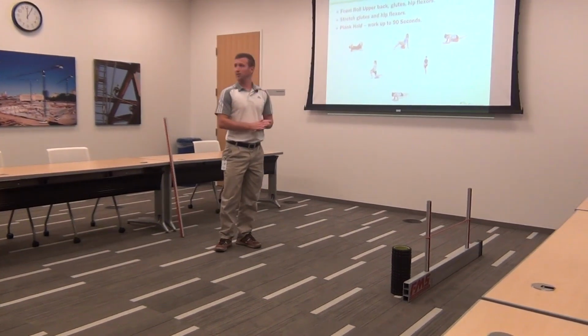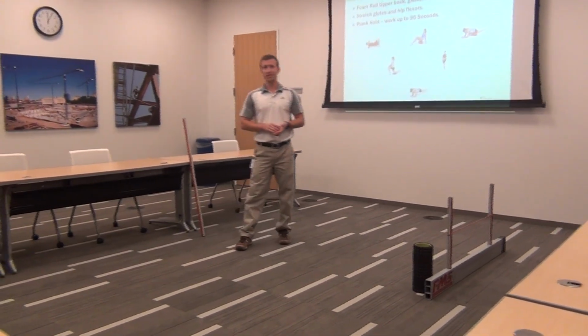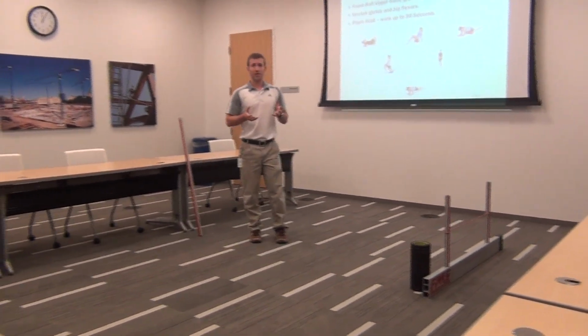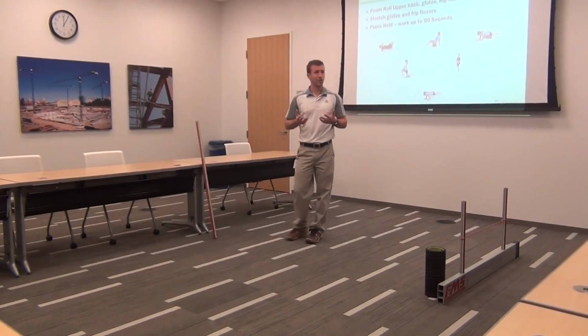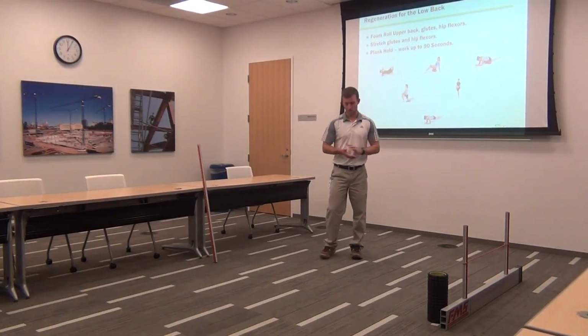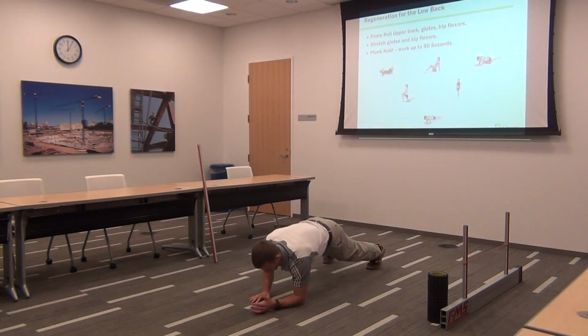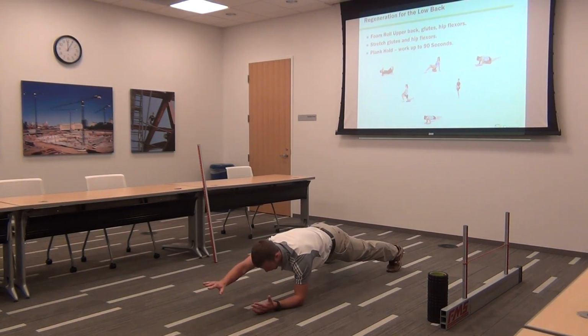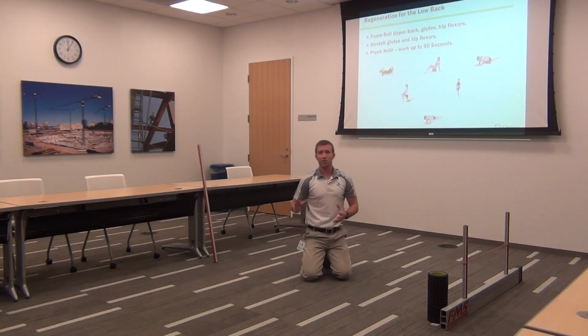Now, once you can do that for 90 seconds, that's considered good core strength. So where do you go from there? Okay, so now we can do it really well. We're doing a plank, let's pick up one arm and put it back down. Okay, so now we've got a rotational aspect. And how do you progress?